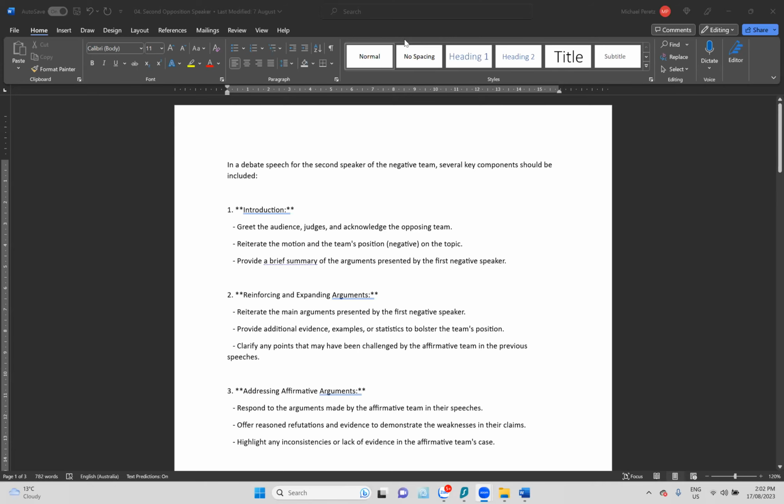Okay, so we're not necessarily worried about the structure of the speech, the arguments, or anything like that. It's specifically the language that we use in the